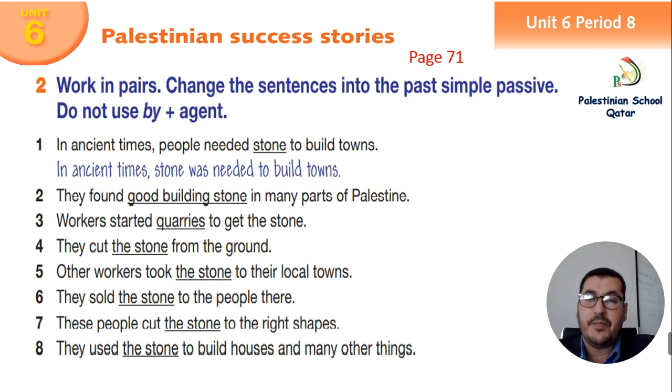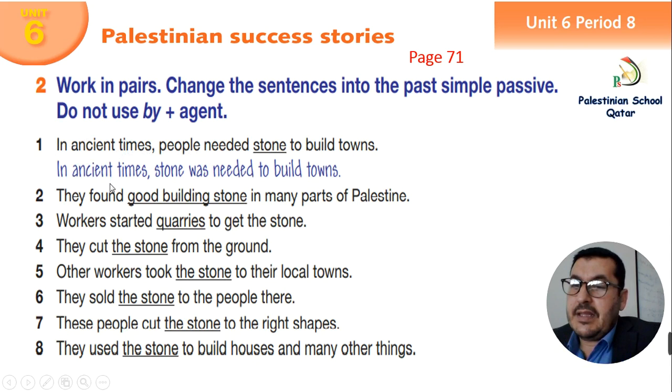Now let's come to exercise number 2. Working in pairs, change the sentences into the past simple passive, but do not use by agent. Okay, number one is already done. In ancient times, people needed stone to build towns. Be careful, everybody, when we have phrases like in ancient times or yesterday, we put them at the beginning, don't touch them. So start from here. People needed stone to build towns. Stone was needed to build